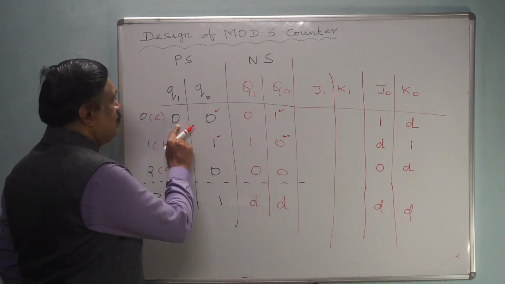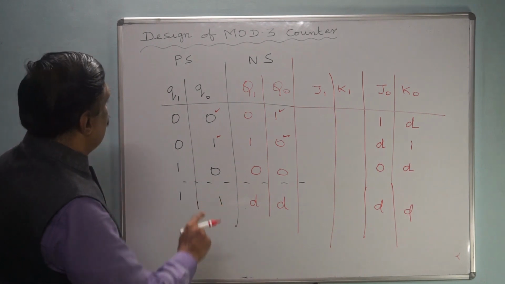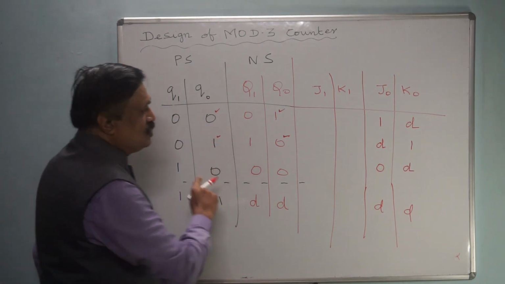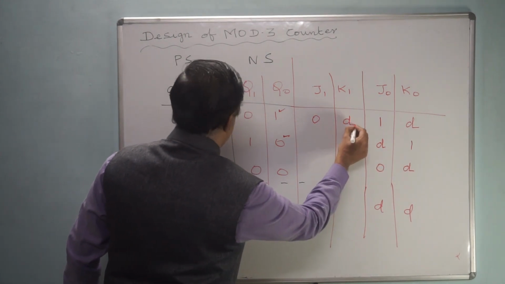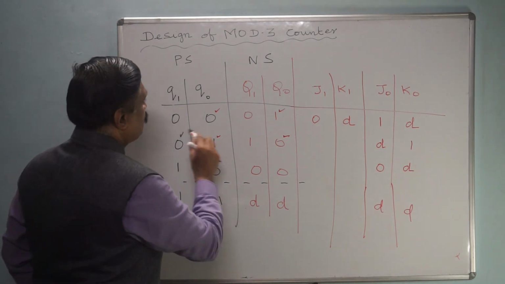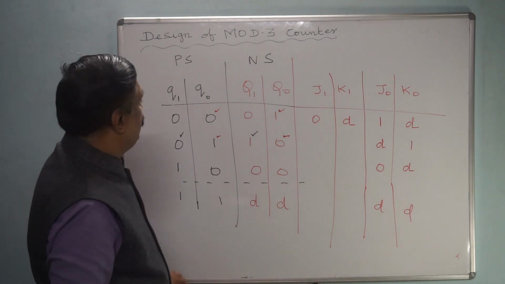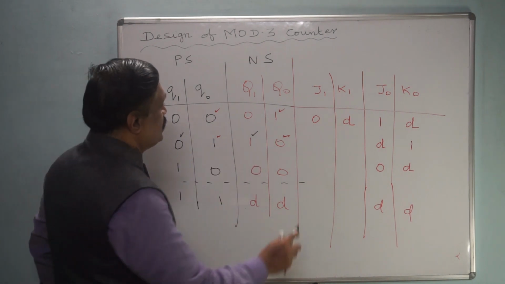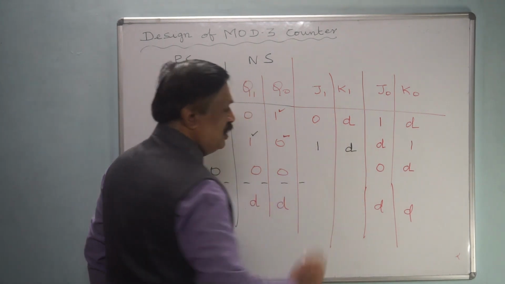Here again 0, 0. I erase this because it is confusing you. Okay, 0, 0. That means for 0, 0 I told you 0D. Therefore, you can easily fill 0D. And for this and this, 0, 1, that means set condition. This is a set condition. Set means J1, this one D.